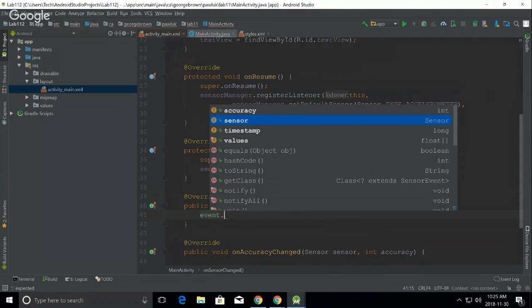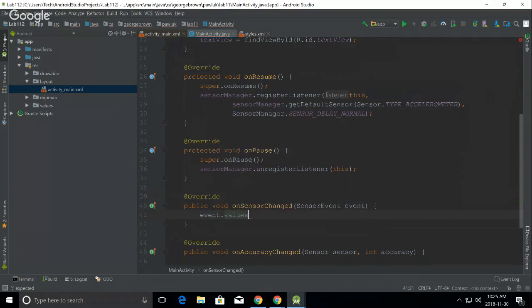I can have more than one sensor that is measuring the same thing, right? In this case, I don't really care which one is used for it, but you may want to be more specific. Sensors may have different accuracy. They will give you different results. So what I want to do is take the values. Right now, we'll store them in the variable